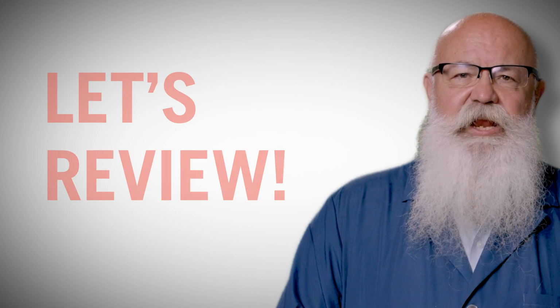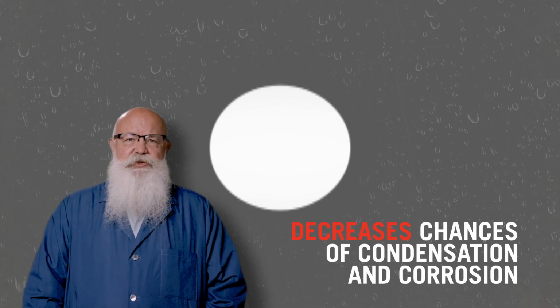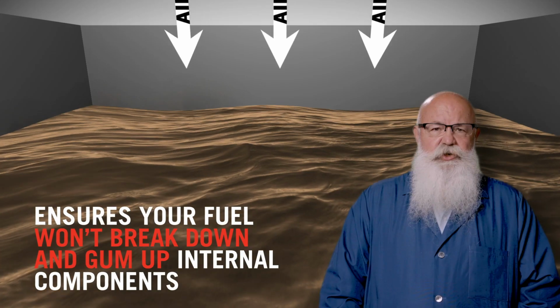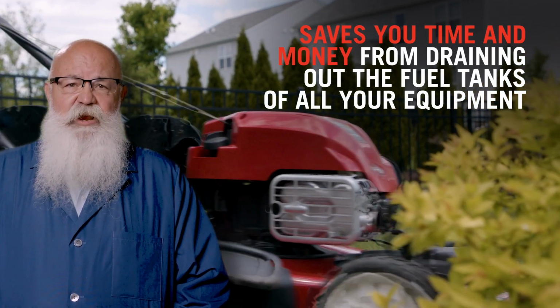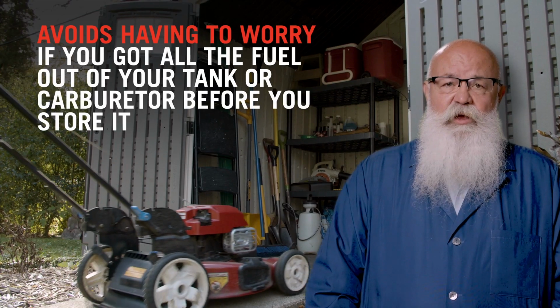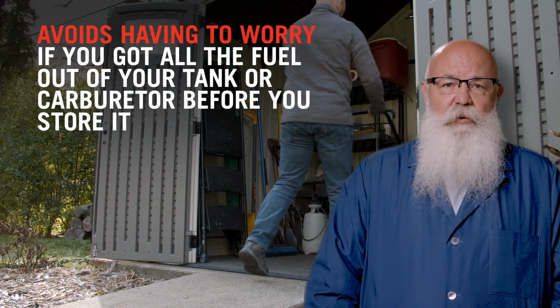Leaving a full tank of treated gas in your system does these 4 things. 1. Decreases the chances of condensation and corrosion to form in your fuel system. 2. Ensures your fuel won't break down and gum up internal components. 3. Saves you time and money from draining out the fuel tanks of all your equipment. And 4. Avoids having to worry if you got all the fuel out of your tank or carburetor before you